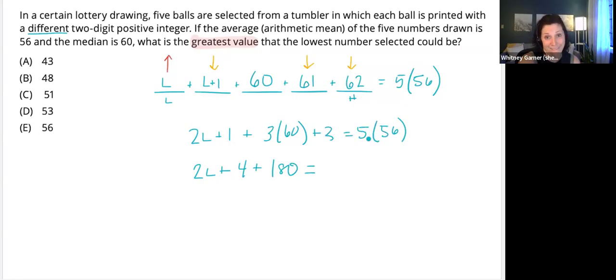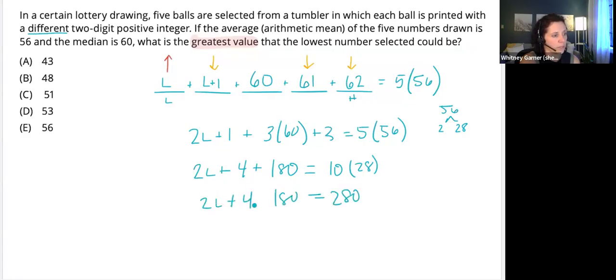Make my 5 into a 10 by pulling a 2 out of the 56. Right? Because 56 is the same as 2 times 28, 25 for the 50, and then 3 more for the 6. So 28, 2 times 28. And so I'm going to take this 2 and multiply it by the 5. This is going to be the same as 10 times 28. So over here, I have 280,